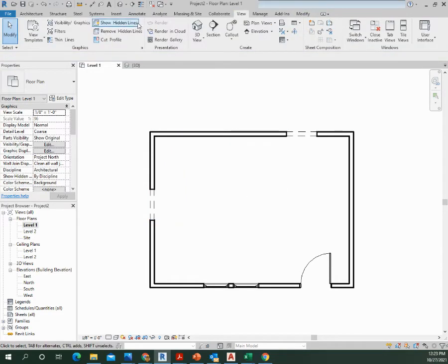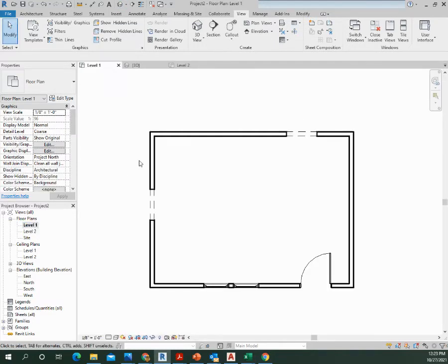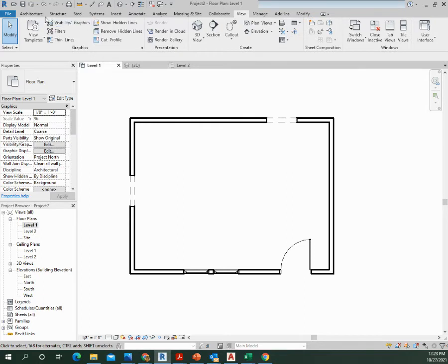I think so. So again in 3D, take a look at it. All right, so it looks pretty good. All right, so level 1. All right, so our next step,